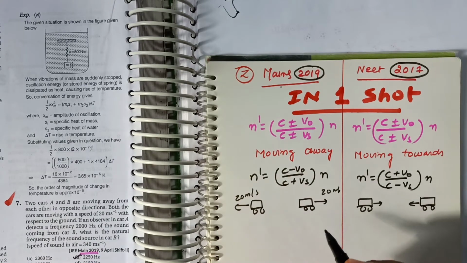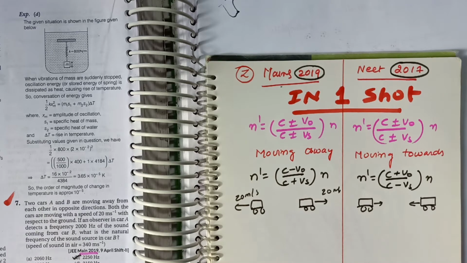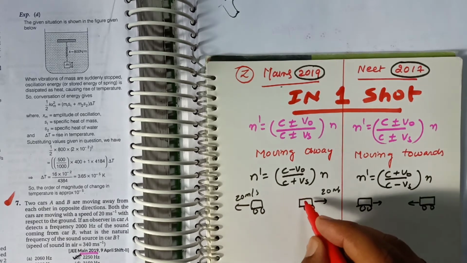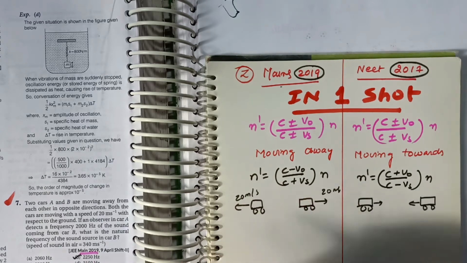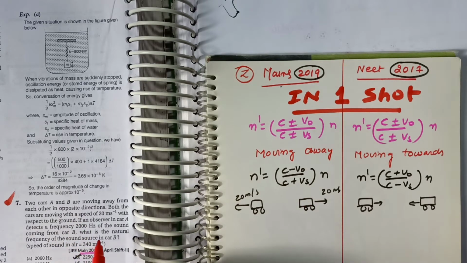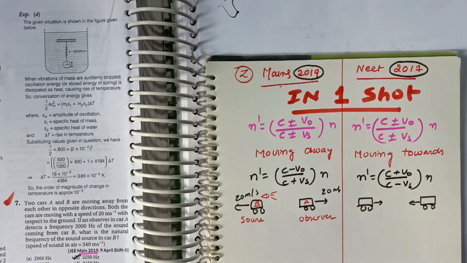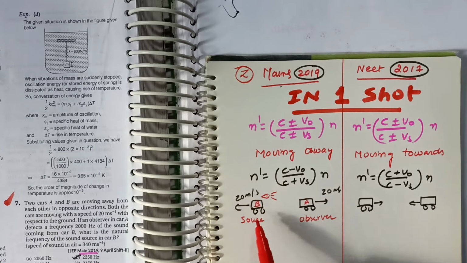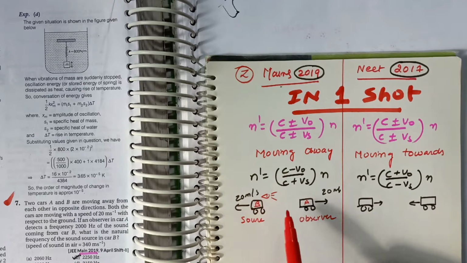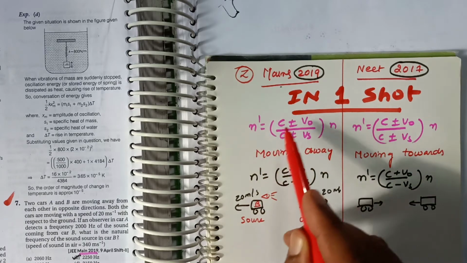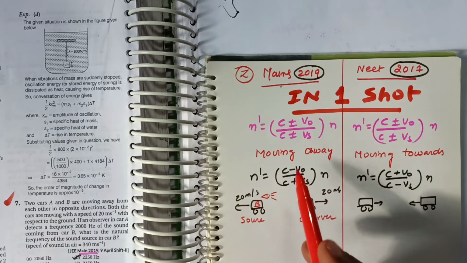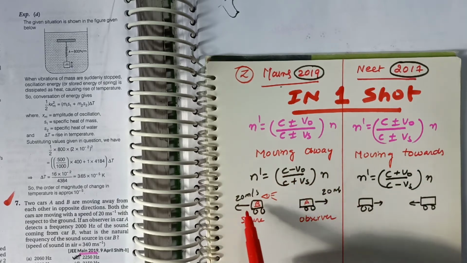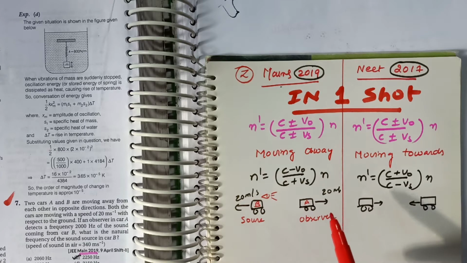Okay, who is car A here and who is car B? Let us consider here, this is car B. Okay, so car B and car A. Okay, so here if both are moving away and the source is car B, which is producing the sound here, then this formula, which is a basic formula for all the problems, should be modified a little bit. As both the cars are moving away, you just imagine you are moving away from one car which is producing horn sound.